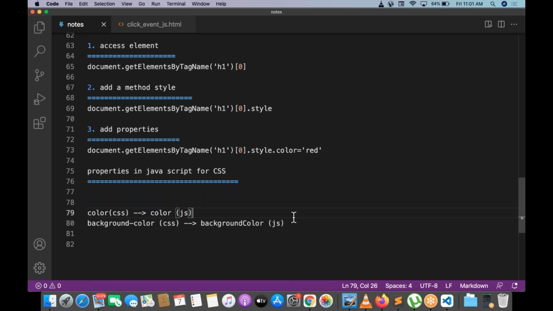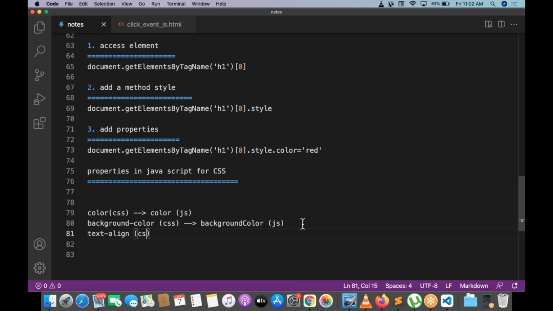Property name is the same, but in CSS, somewhere you find hyphens. Those hyphens get converted, and the next letter of the hyphen becomes a capital letter. That is called camel case. So next, tell me, text-align.